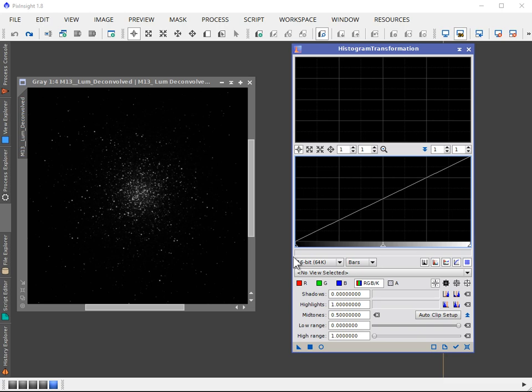So the number of values at a particular brightness is basically going to be a percentage, in other words a value between 0 and 1. You're plotting what percentage of pixels are at this brightness level,